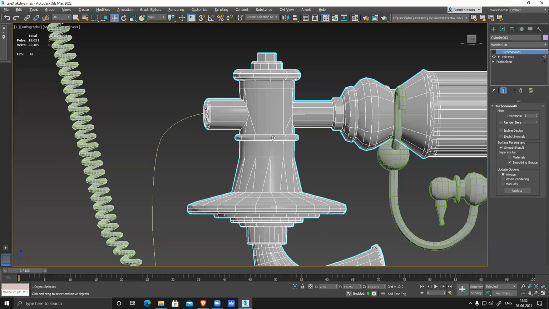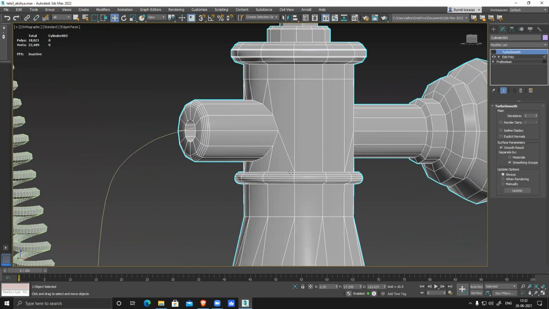One more thing. Whenever you connect this part, this is not wrong. 1, 2, 3, 4, 5. So there's a problem with the n-gon. You have to connect this point also. That is something you have to keep in mind always.